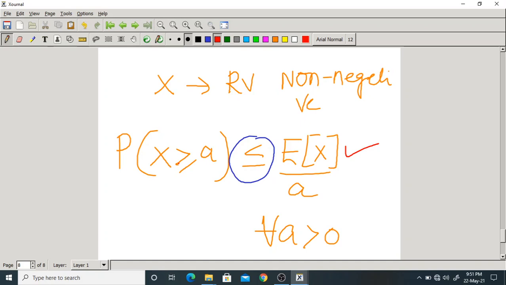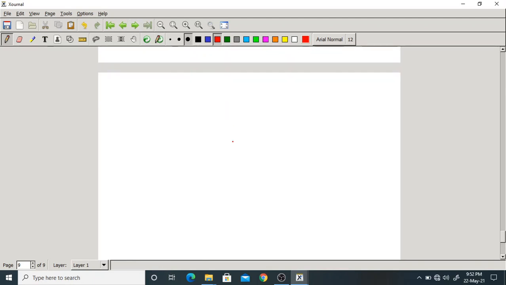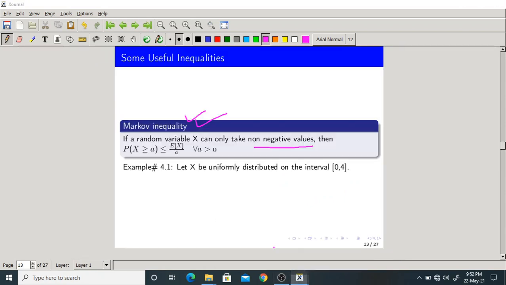We go for inequality whenever the PDF is not available or it is difficult to calculate. So we find the probability by using the mean and variance, and these are not exact probabilities. They are simply inequalities. Inequality means it can be greater than or equal to something, or less than or equal to something. It is something like a bound. That is the real meaning of inequality. So that is the Markov inequality, and you have to remember it.